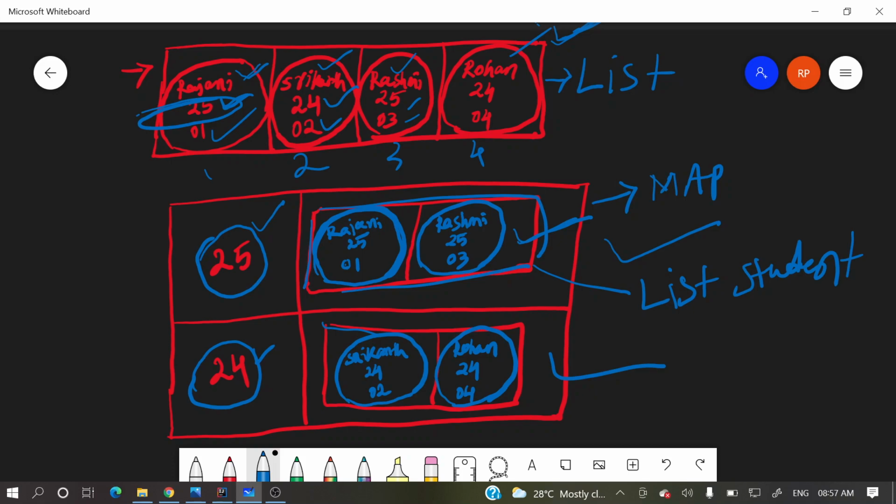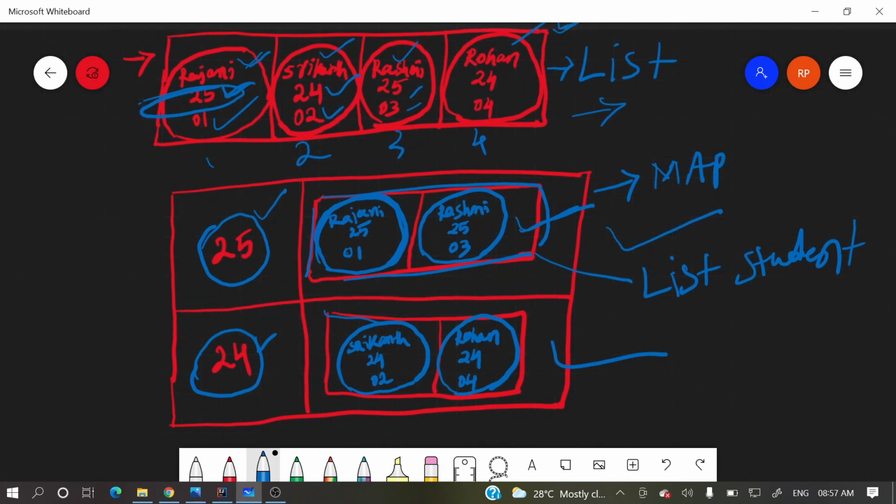In Java it's called grouping by. So this is the concept. Whatever collections we have, we can apply streams on top of them and then apply the grouping by function so that it groups by the given attribute.